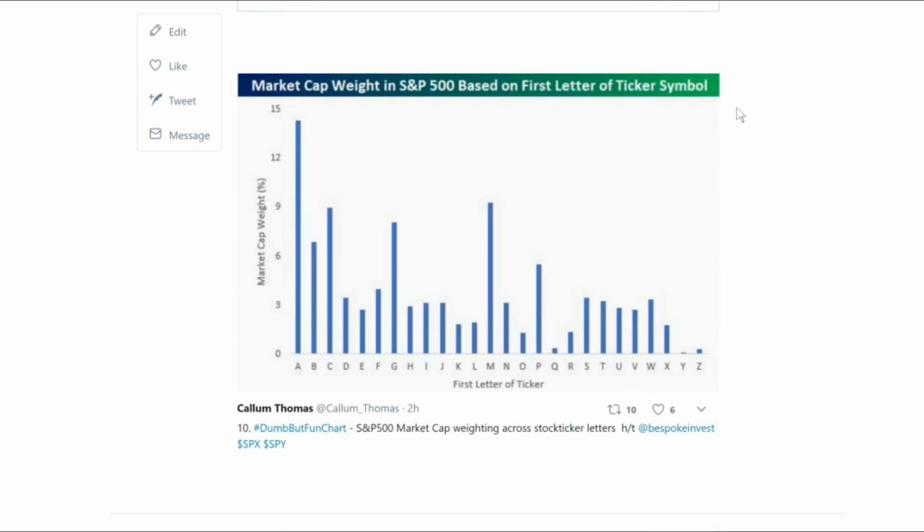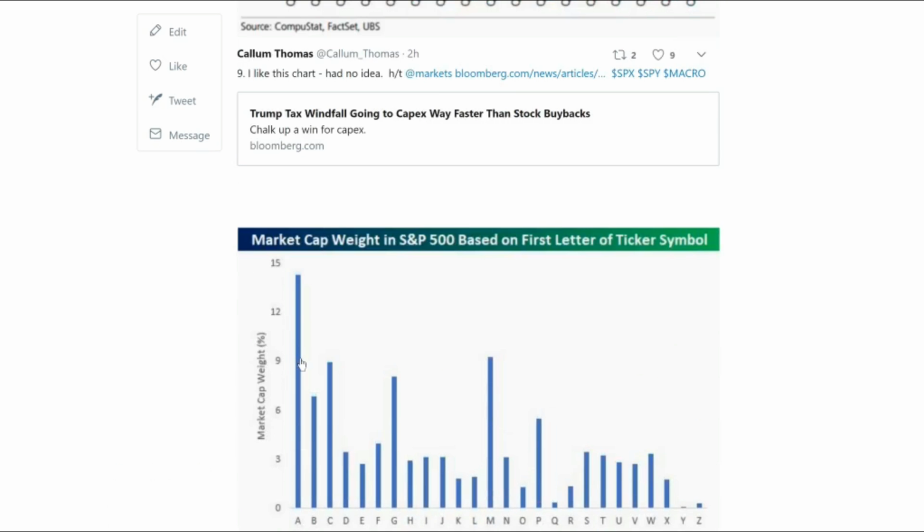And final chart, just a bit of a funny one really, is market cap weighting by first letter of ticker name. Probably the concentration in A's has something to do with one particular company there, which had a pretty good earnings report. But anyway, I'll leave it at that, and